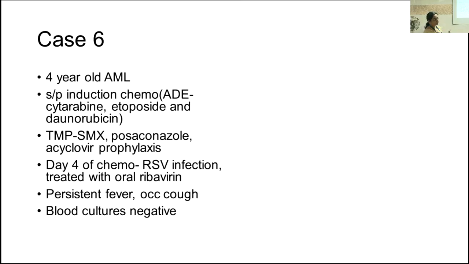So the child was left on that cephalosporin, sulbactam, teicoplanin and posaconazole while we continued to investigate what was going on. Meanwhile, the child had some dental infection and a pulpectomy was done. Thinking it was disease, a bone marrow was repeated. Again, that was negative. Finally, a PET was done, which again showed only a left lower lobe consolidation.